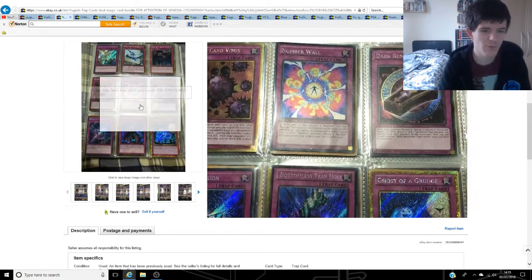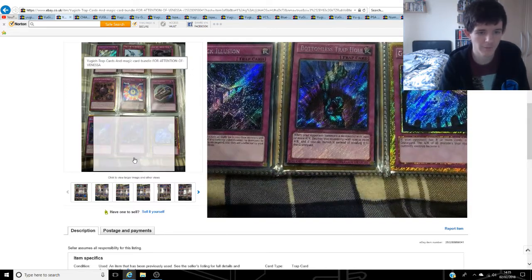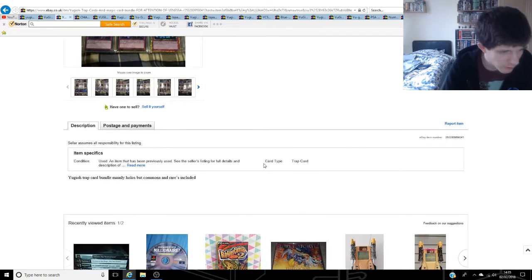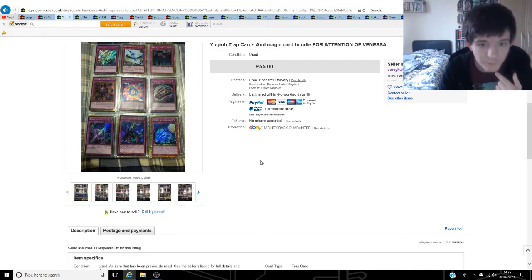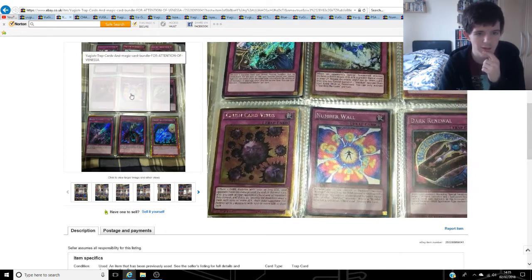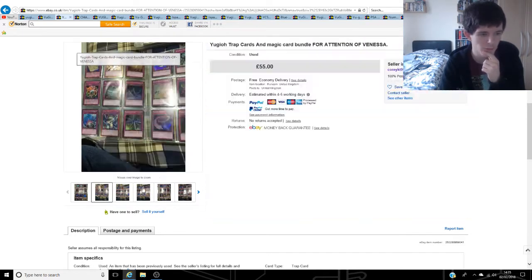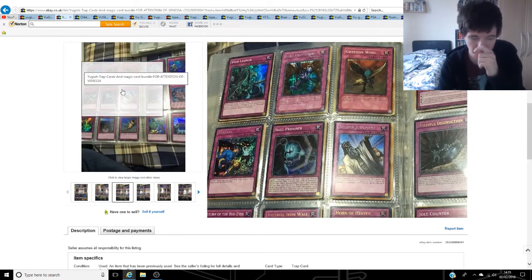To be fair though, I don't think I got enough money for this bundle here. I got £55 here for Yu-Gi-Oh! Trap cards and Magic card bundle, right? I'm not sure how many included. Some rares as well. I got £55 right there, for example. There's quite a few here, and if you keep going along, there's more different types of ones. So they're just Magic and Trap cards. Trap cards are